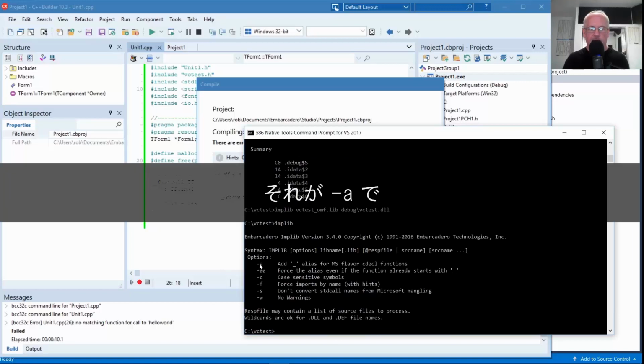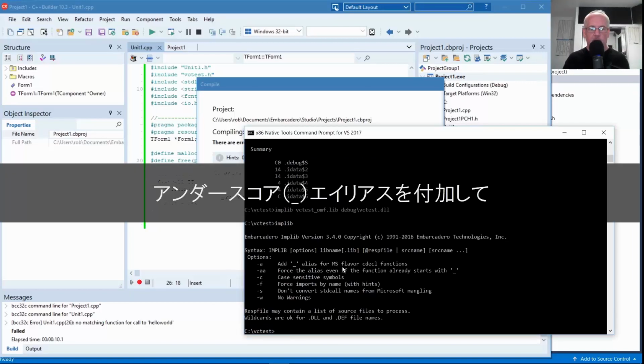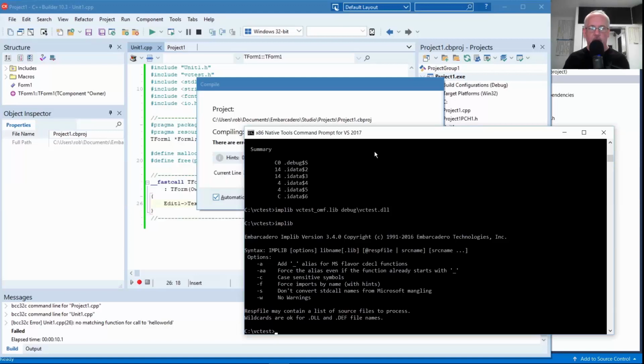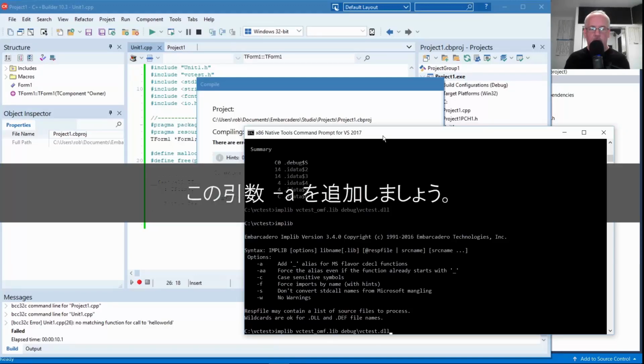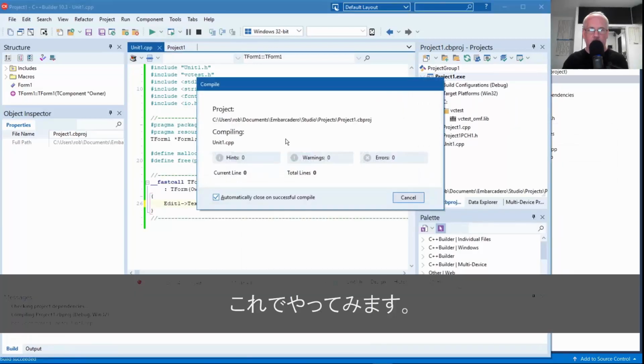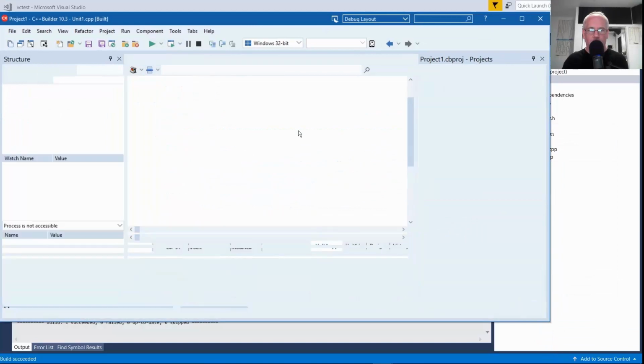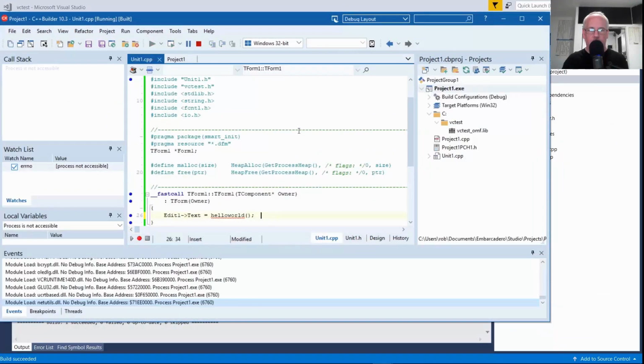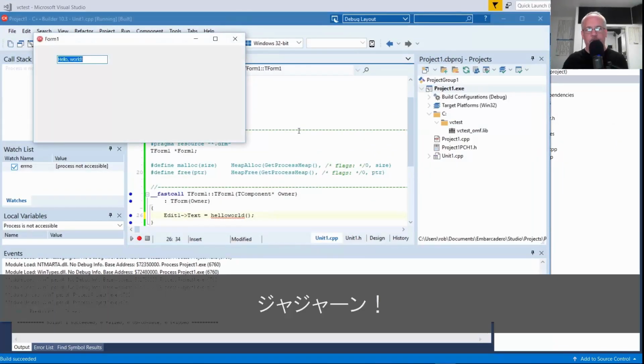That's this -a, which adds the underscore alias for MS flavor cdecl functions. So we need to add that argument, -a, and then we'll run that. Ta-da!